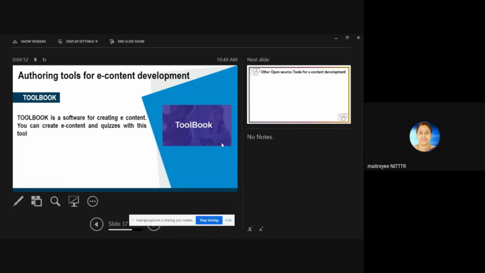If you want list boxes, combo boxes, radio buttons, or text boxes, whatever you want to create, you can create. You can create quizzes, give marks, evaluate the quizzes, and automatically after the evaluation it will give the answers.